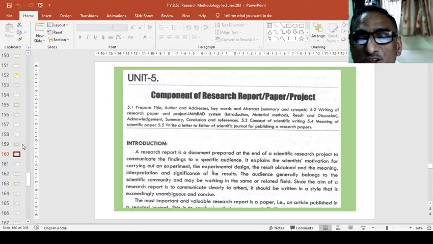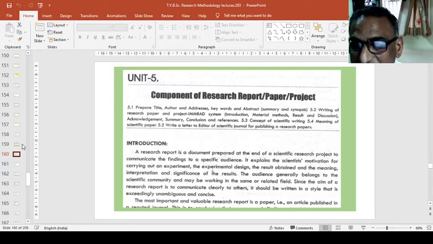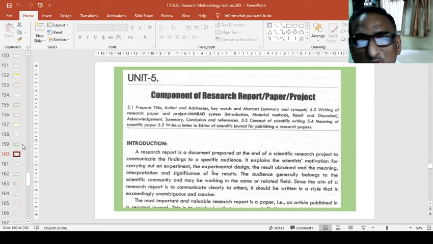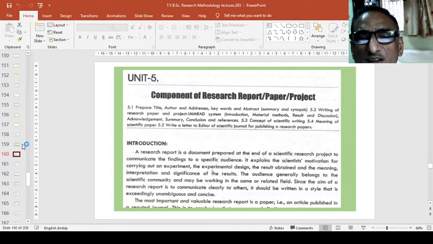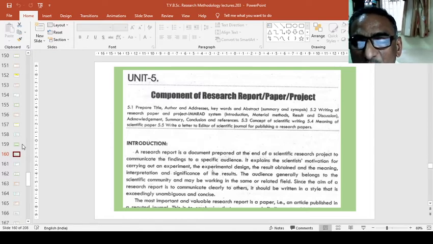At the end, once you have calculated everything, then you have to prepare the research report. Whether your research is significant or not, whether your research is good or not, whether your research has a goodness of fit, or what is the standard of your research that you have calculated till now. Now you have to report it to the journal. You have to prepare the report and publish in the journal.